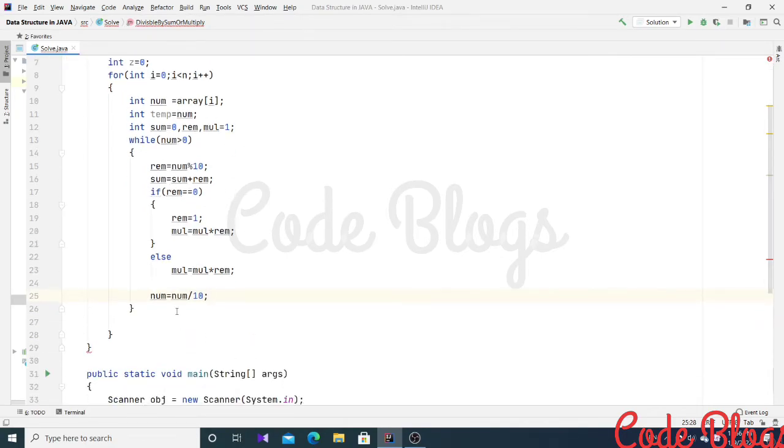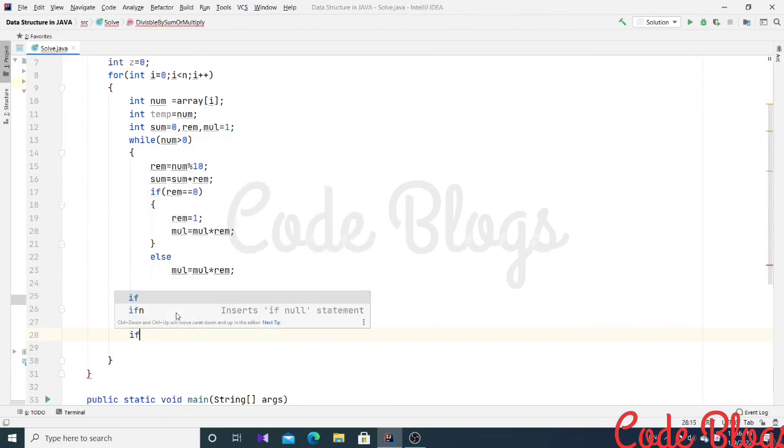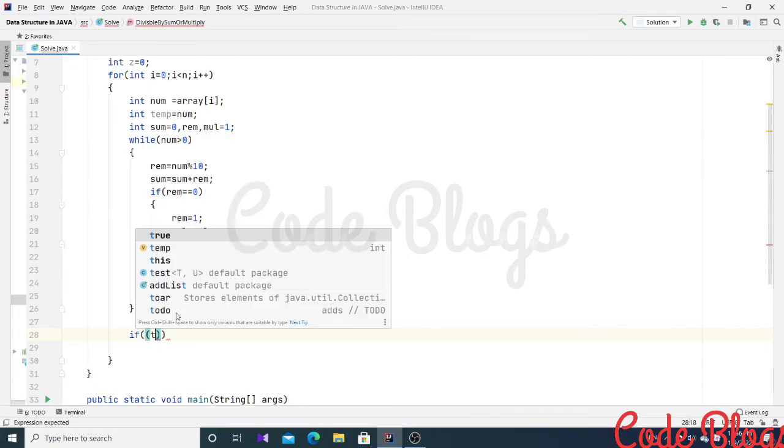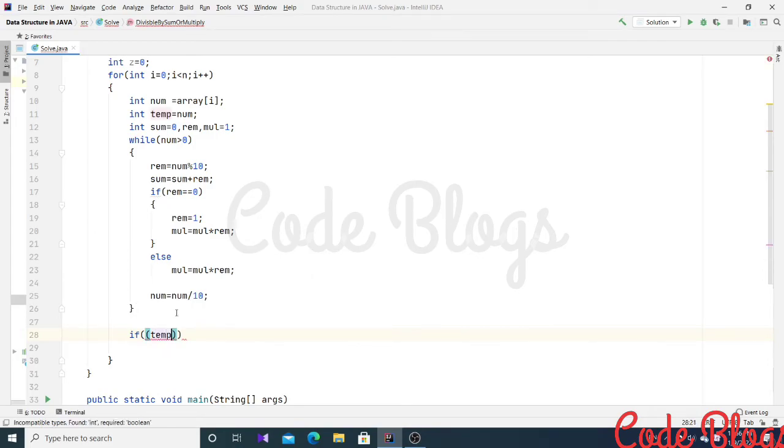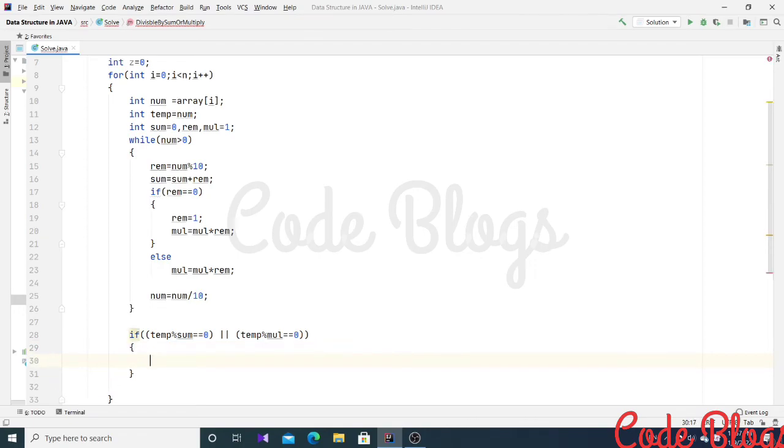Now after this while loop, I have to do one more thing. If temporary variable that will hold the number, modulo the sum, is double equal to 0 or, exclusive or, temporary variable modulo multiplication is double equal to 0, then I have to increase the value of z plus plus.